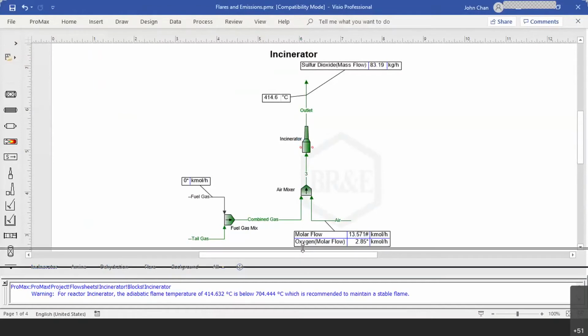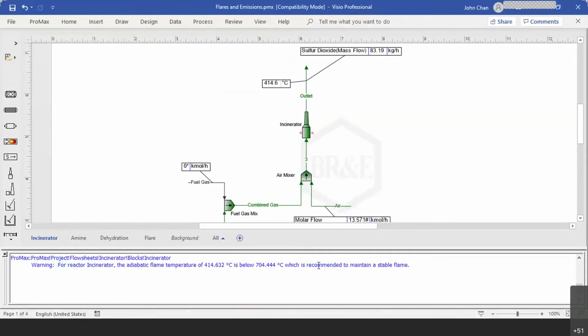Okay. I have my message box open up below here. If you can see what is written on the message box, it actually gives you a warning. It says that for reactor incinerator, the adiabatic flame temperature of about 400 degrees Celsius is below this temperature, which is recommended to maintain a stable flame. So what this means is that my outlet temperature here is too low, so it is unable to maintain